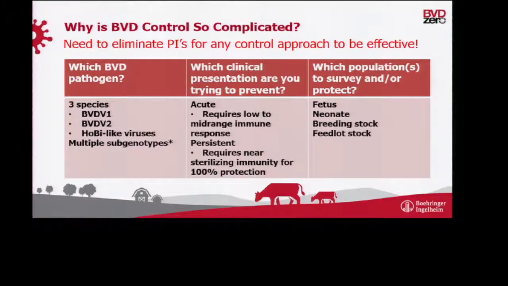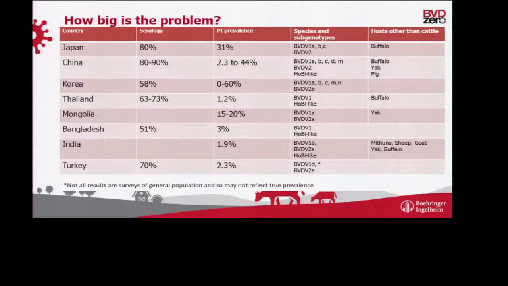Breeding stock, we would like the protection in place before we breed those animals to protect that pregnancy. And the feedlot stock, we would really like to see those vaccines be done as a background rather than when the animals hit the feedlot themselves, because it does take 2 weeks to establish an immune response.